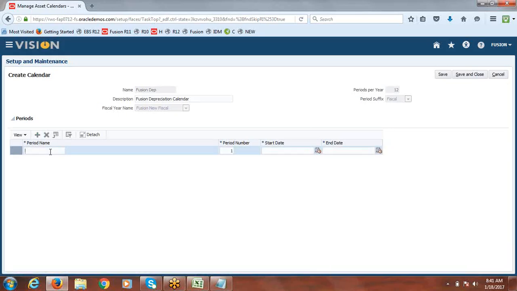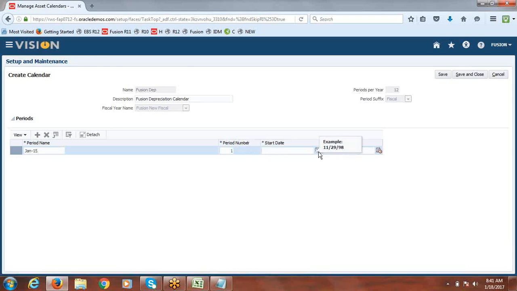Period name, it's very important. We have to make sure that this period name matches with the accounting calendar period name. How the system is creating it: the first character will be uppercase, and this is the format we can see in our accounting calendar. I'll create from 15 to 15. So this is the exact date period name which we have in our accounting calendar. Before we create, you can check with our accounting calendar, but we are very sure this is how the system will generate. We are not writing it through a manual process, so I'm taking it directly.